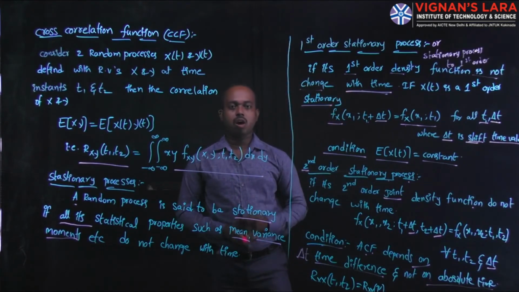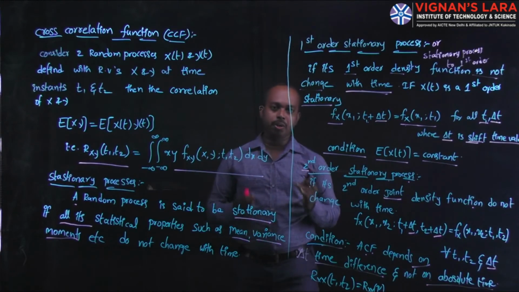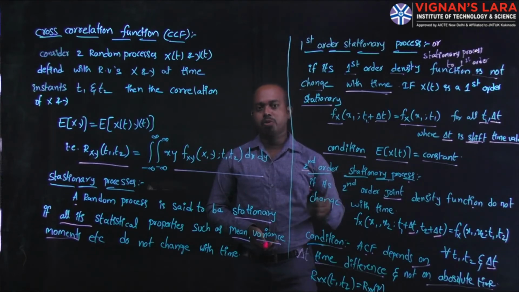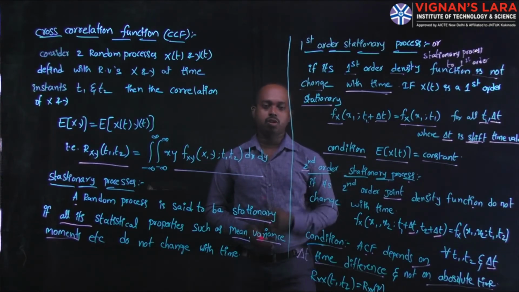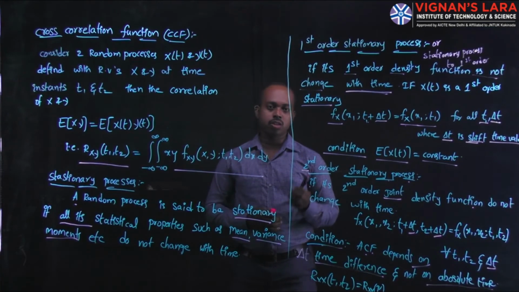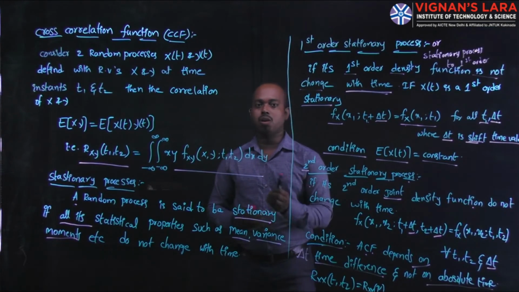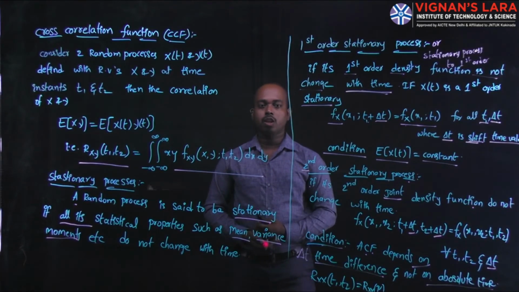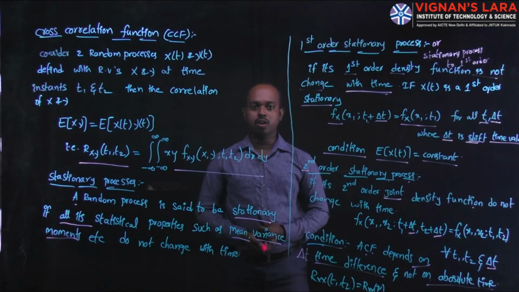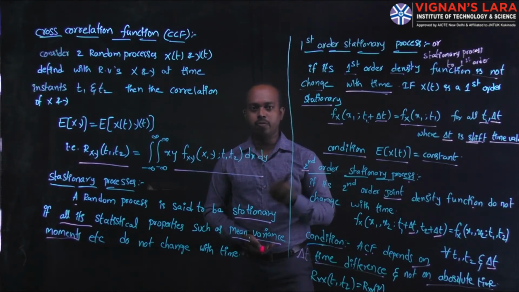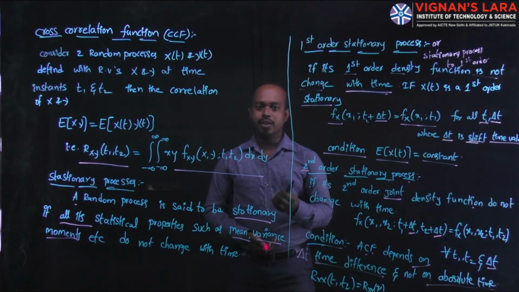Here the autocorrelation function is only depending on its time difference, and not depending on its absolute time. You can check whether the given random process is a second order stationary process or not. We can find its autocorrelation function. If the final value of the autocorrelation function is represented in terms of the time difference, it is called a second order